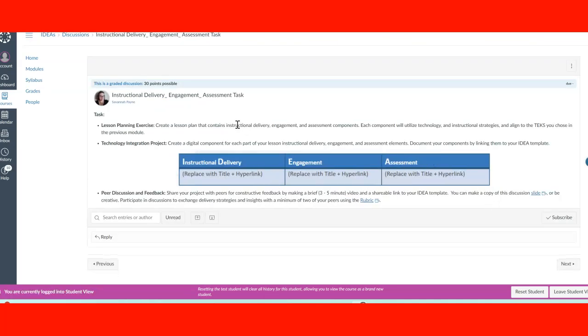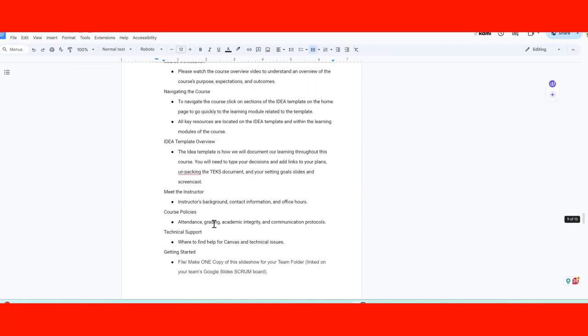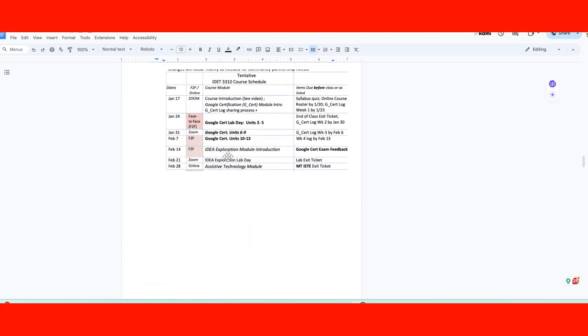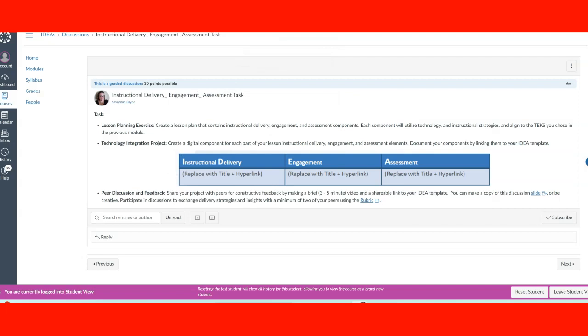I decided to go ahead and put the discussion board here for instructional delivery, engagement, and assessment. I looked back at the time frame that you had listed, and I noticed that the idea exploration was only about 2 weeks long there. So I decided to go ahead and combine the assessment for the instructional delivery, engagement, and assessment, where the students make this slide